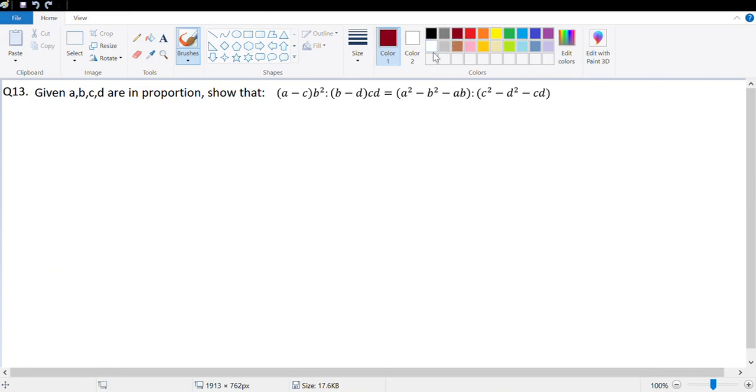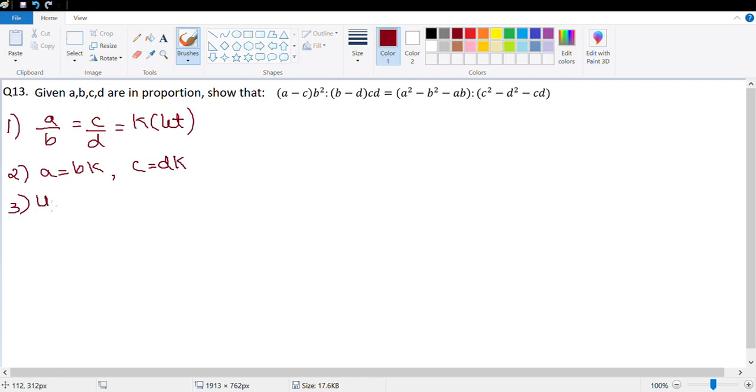It says given A, B, C, D are in proportion, show that left hand side is equal to right hand side. So A upon B is equal to C upon D, let's say, is equal to K. Now what it means is A is equal to BK and C is equal to DK. Let's start working with the left hand side. So in the left hand side, I have A minus C multiplied with B square upon B minus D